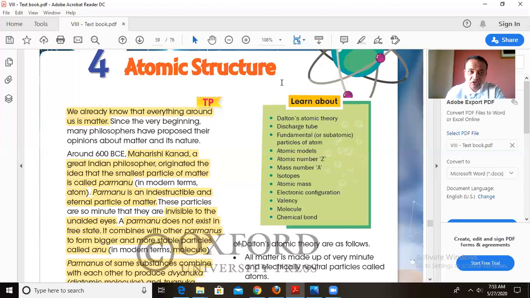Then we are going to study the atomic number Z and atomic mass number A. Then we need to define isotopes of elements, a new concept, really new one, good one. Then we are going to see what is atomic mass and electronic configuration. Electronic configuration is used to find out the valency. Already we have learned valency, and we have used this concept of valency to derive the molecular formula. So we are going to study valency again, but with the help of electronic configuration.